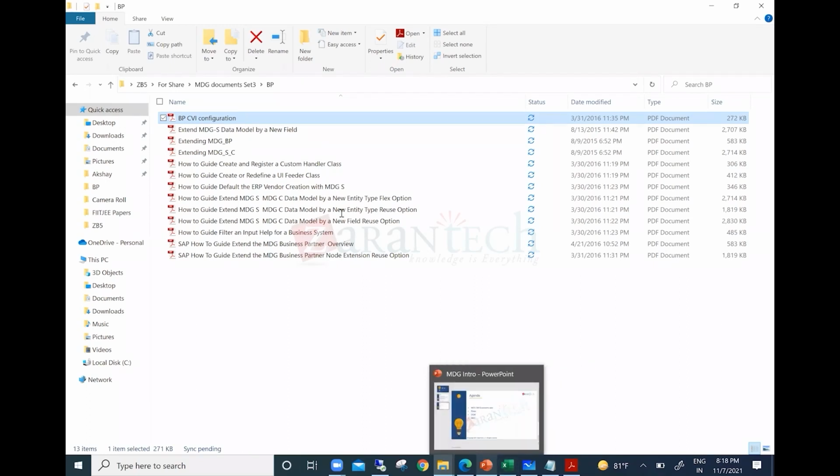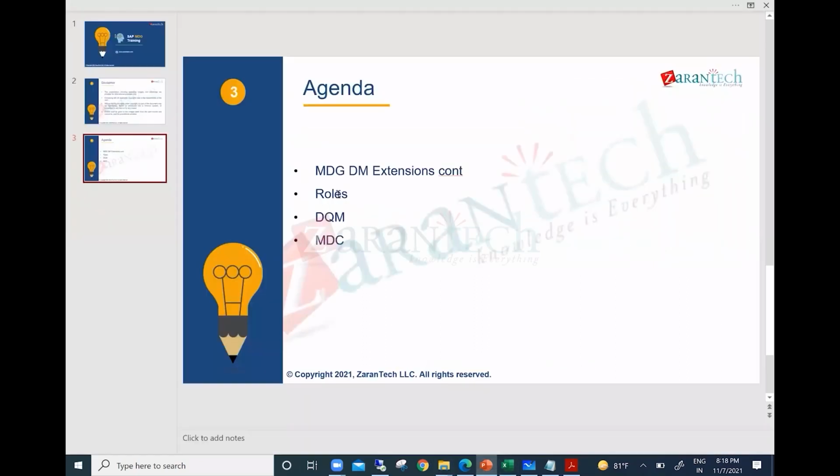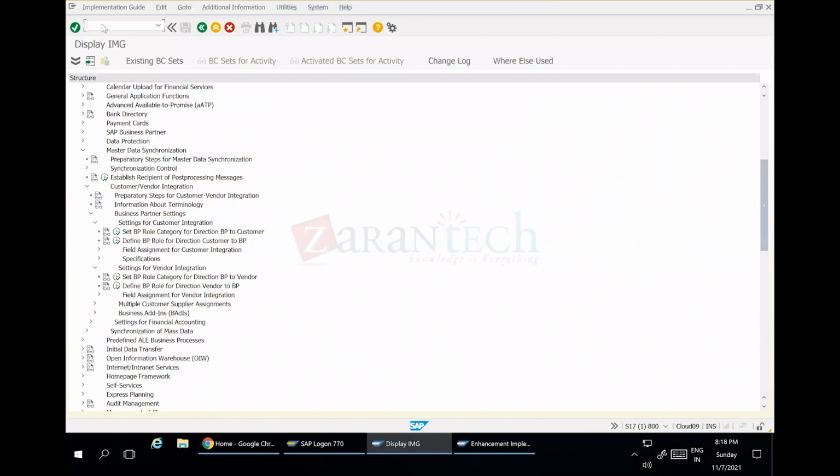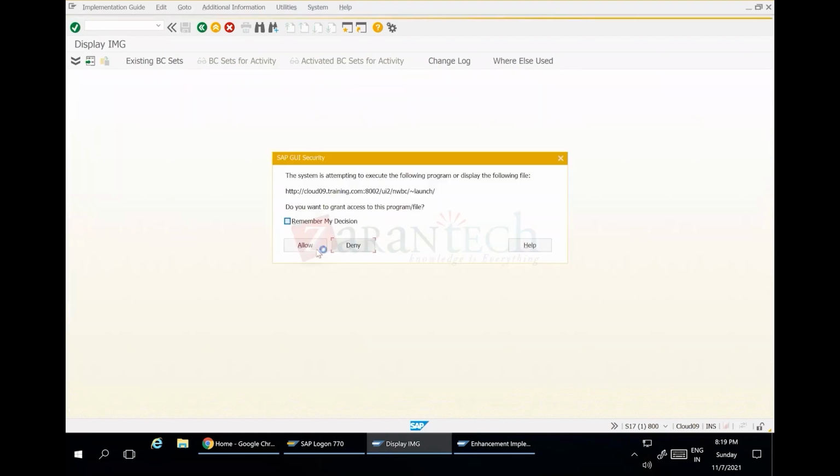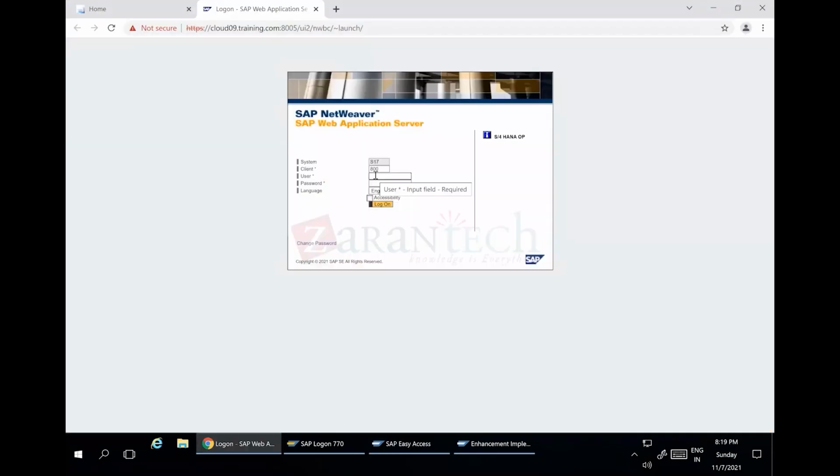Now we'll quickly discuss the roles. Again, roles is something like a security topic. Security has to do this particular one, but it's additional information for us. Whenever I do NWBC, if I go to